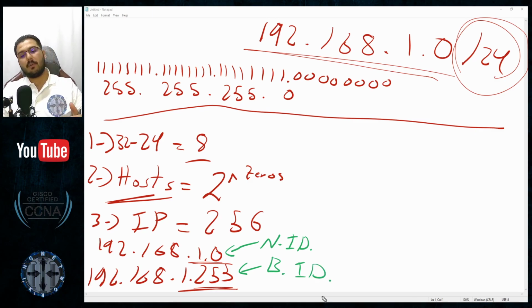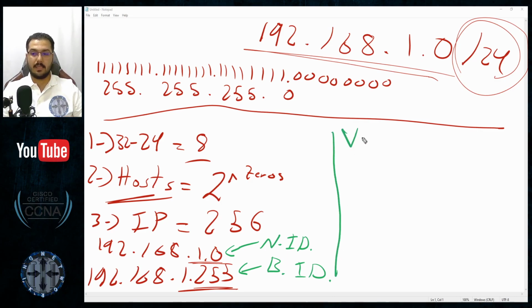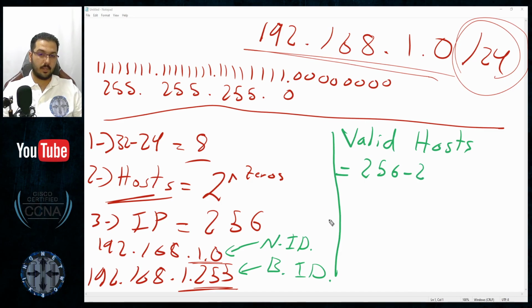This one is used whenever you want to communicate with the entire broadcast domain at the same time, so you never give that IP address to a computer. So your question will be, are you joking? I need valid IP addresses. Now we come to the rule of valid hosts or valid IP addresses. That rule says the number of the hosts, which was 256, we need to take 2 of it, which is the .0 and the .255, and we will have the result of 254 valid IP addresses